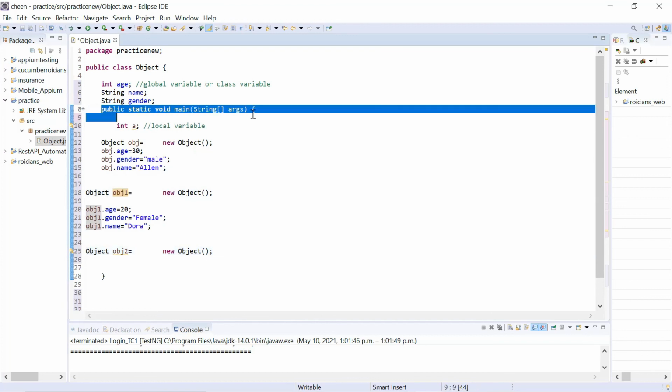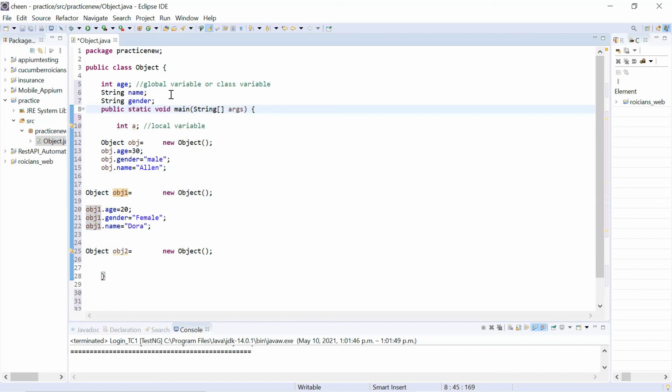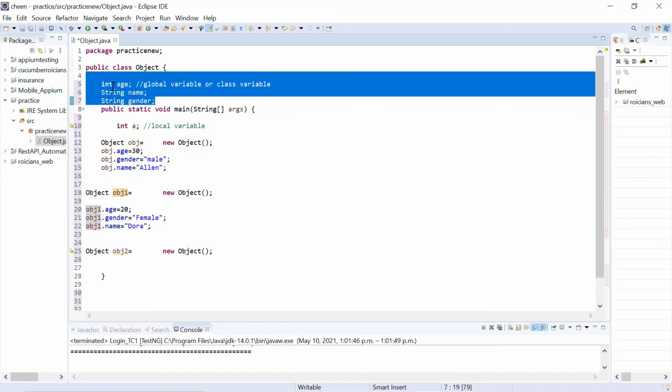Guys, the main method is the entry point for the JVM. That means the JVM will start executing from the main method. That means the first thing the JVM reads is the main method. So the JVM will get into the main method. It will read that one variable is declared, int A. Then it will come to this line and start making the memory area, and then it will look for the global variables or methods. Now the JVM will see, okay, these are the global variables. It will copy these variables in this memory area.